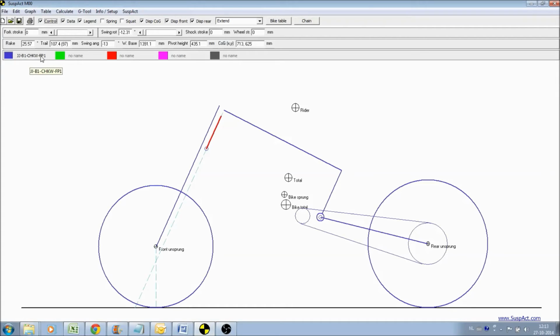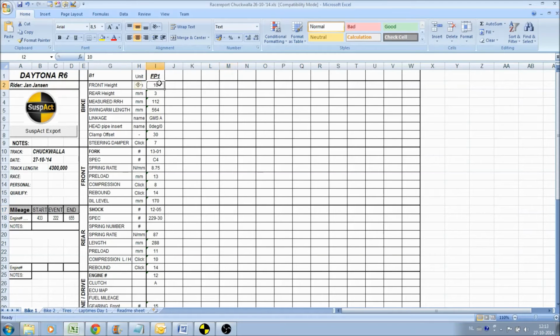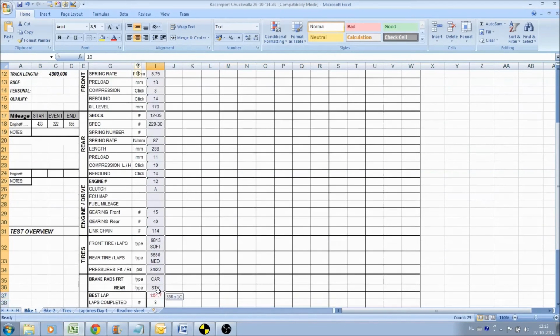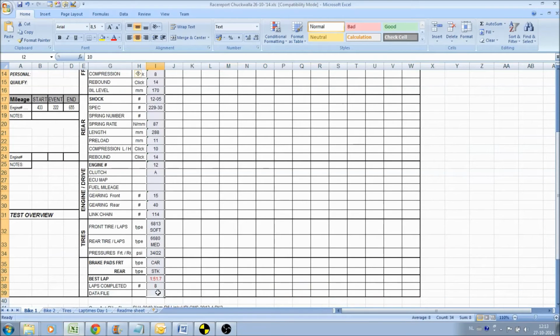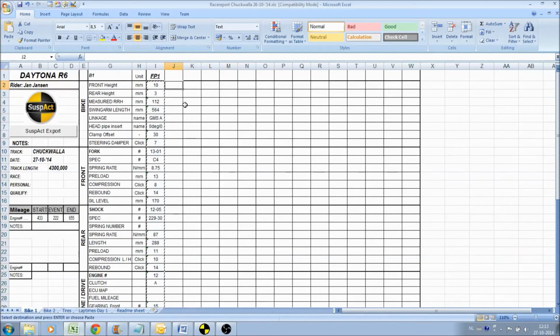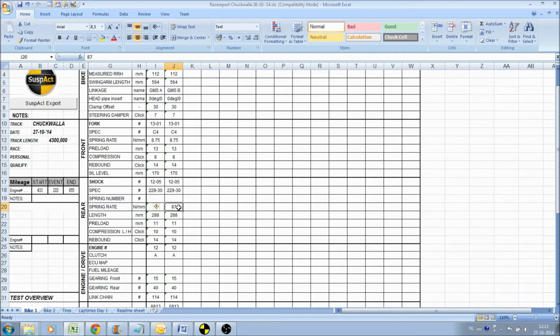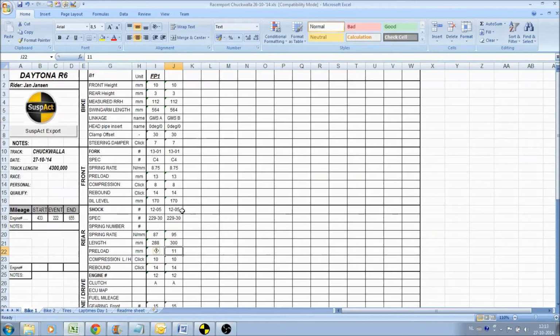If we now want to modify the setting for free practice number 2, we copy the values of free practice number 1 and we make our modifications. In this case we have a different linkage mounted and we mount a harder spring and we will change the shock length by a big amount. We change the session name